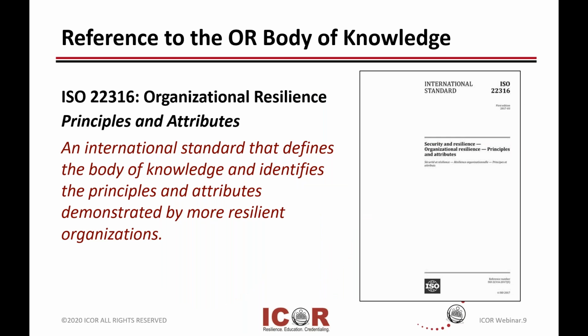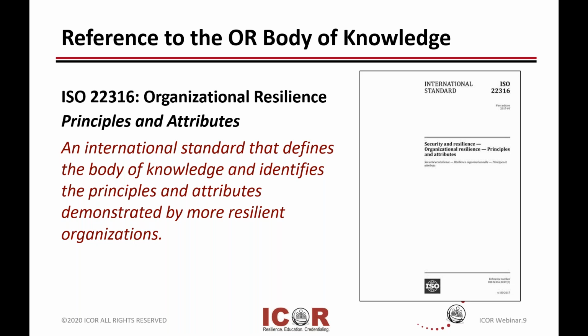So this standard, ISO 22316, was published in 2017, and it was the first standard that was ever published about organizational resilience. And this took us years to develop. In fact, there were many versions thrown out because it took us a really, really long time to come to an agreement internationally about how we were defining